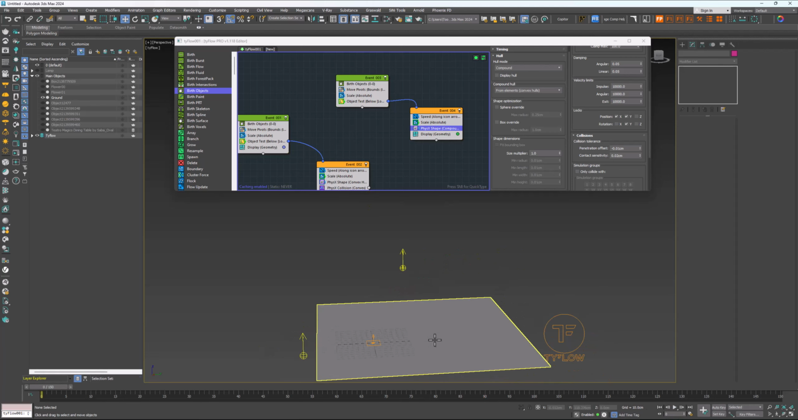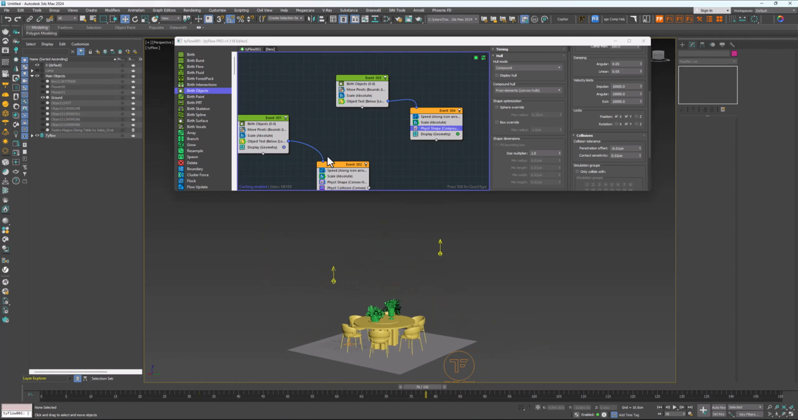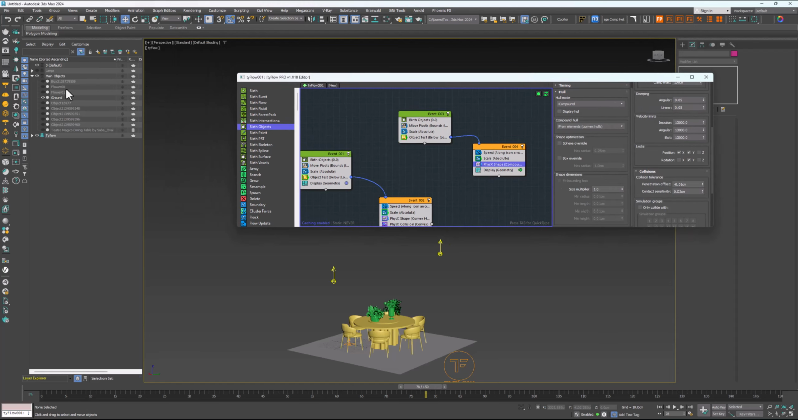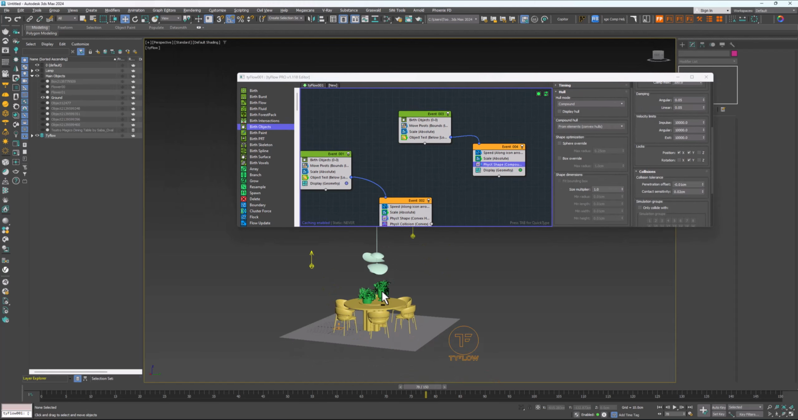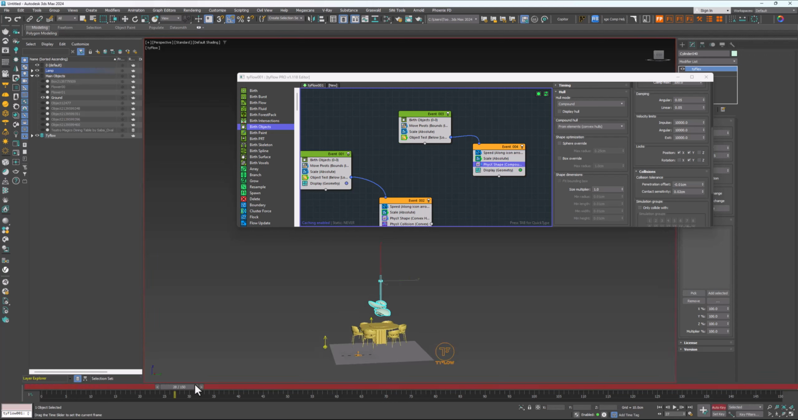Okay. We have tables, chairs, and flowers. Also, we have a lamp here. It doesn't have any animation, so I want to animate it manually. So it's very simple. It is just a scale animation. If I turn on the auto key, for example, after